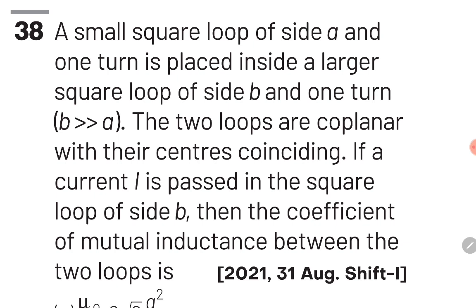Guys, this formula is phi is equal to M i. In this equation, phi is the flux through the smaller loop, M will be the mutual inductance and I will be the current passing through the larger loop. So we have to use this main concept, and guys, phi will be equal to B into A, where B is the magnetic field due to the larger loop and A will be the area of the smaller loop. So once we use this equation, we'll obtain the final answer. Let's observe this in the solution in the next slide.